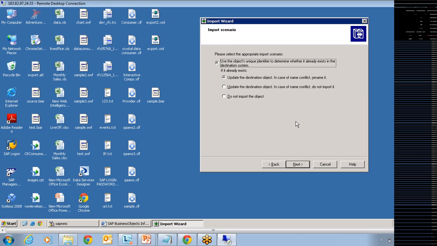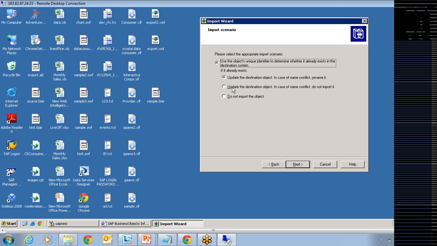Now it will ask you, since I'm reading the content from your BIAR file and updating my target, how do you want to update your target? Something like, what should I do if I find the same file name in your target production system? Do you want to overwrite it, or you don't want to import it, or you want to import it with a different name? So these 3 options are what you get when you move the content from one server to the other server, wherein the target server already has some content. So this type of conflict is what you get. What do I need to do if I find the same file in your target?